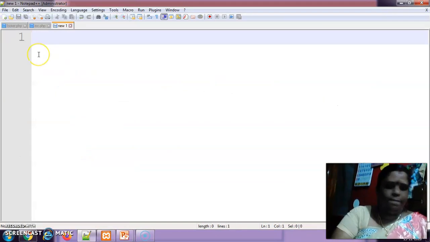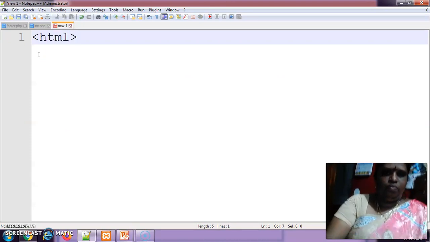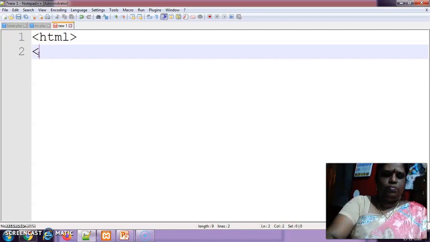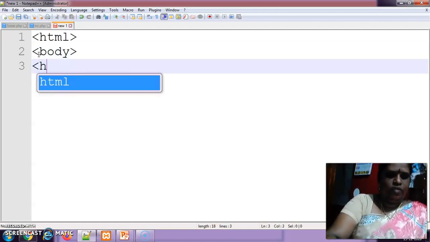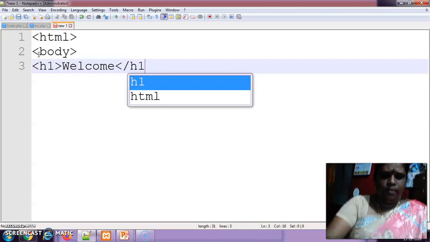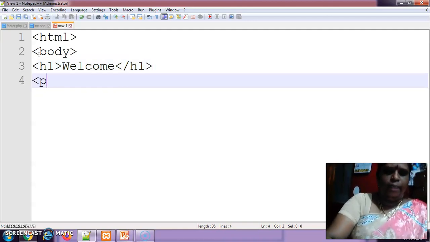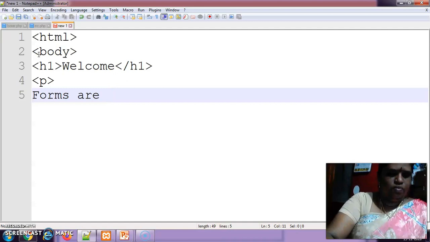New program. Here HTML, body, h1, welcome, close this h1, and then the paragraph. The forms are generally same as what you have in your book.